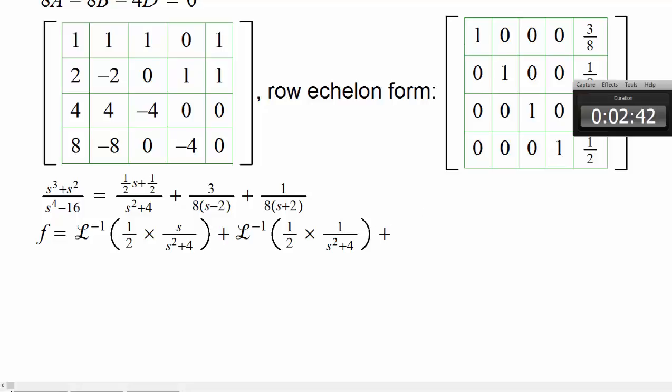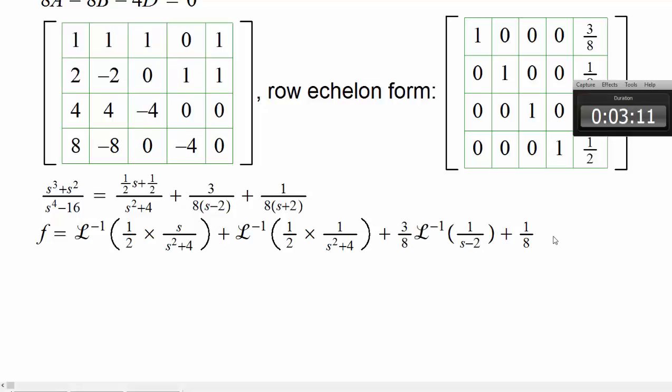Let's start writing the constants outside, just for the sake of simplicity. So there you have 1 over s minus 2, and then I have here 1 over 8,